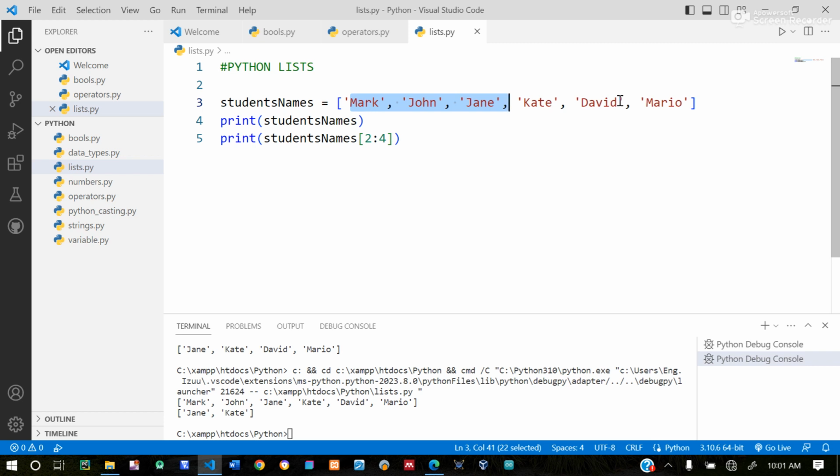And we will always remember that indexing starts from 0. Now, if peradventure we said, let's remove something from this and then we get to 4, what it means is that we are going to start from 0 and then to index number 4, still not included. All right. So when we print this, we have Mark, John, Jane, Kate, and David and Mario are not included